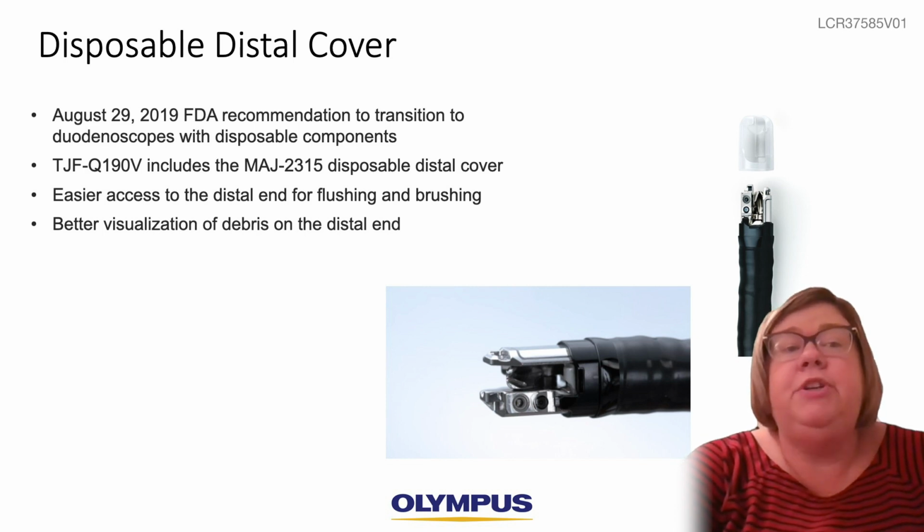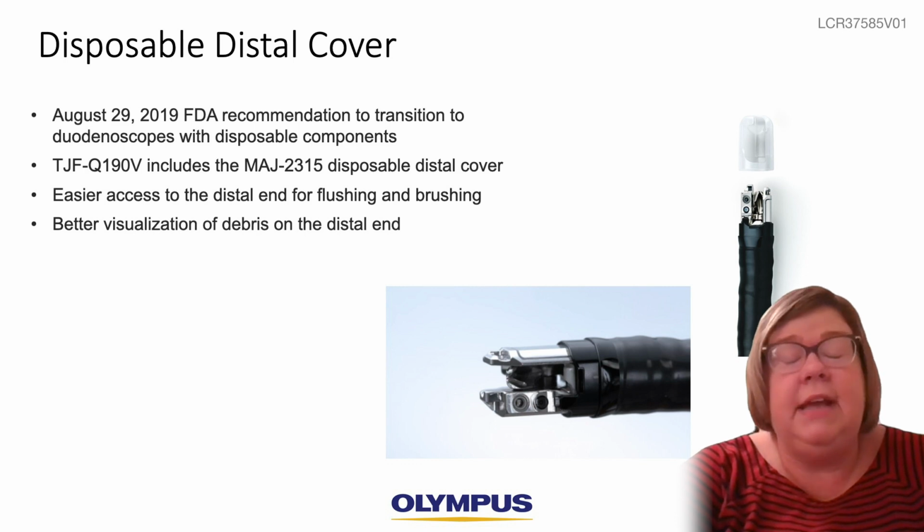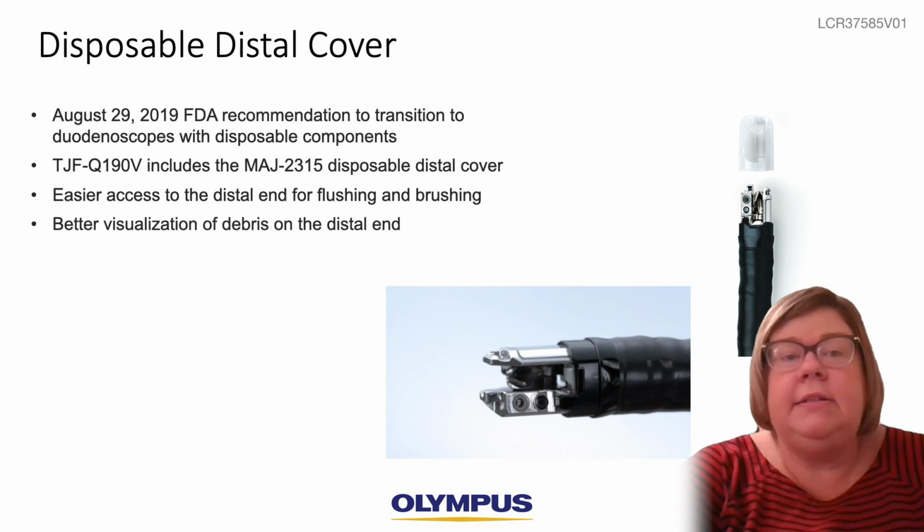As you can see in the image below, the TJF Q190V distal end does not have a fixed end cap, but rather requires the MAJ 2315, the disposable distal cover, starting at a list price of around $5 per cover. Having this feature allows the technician to have easier access to the distal end when flushing and brushing, and better